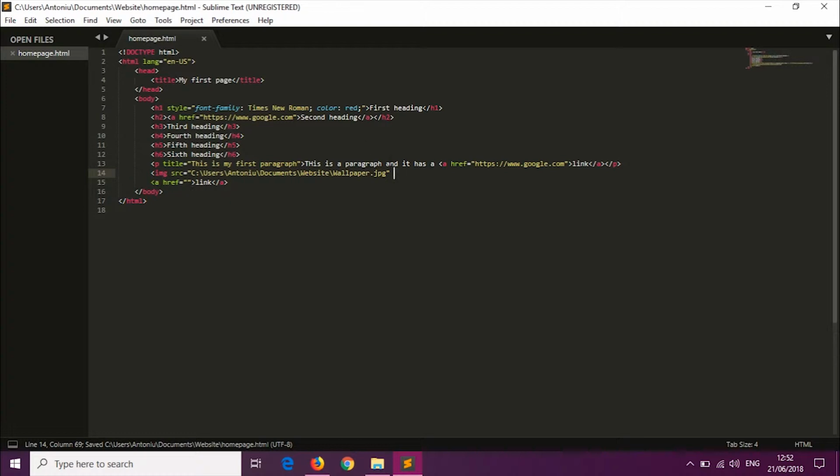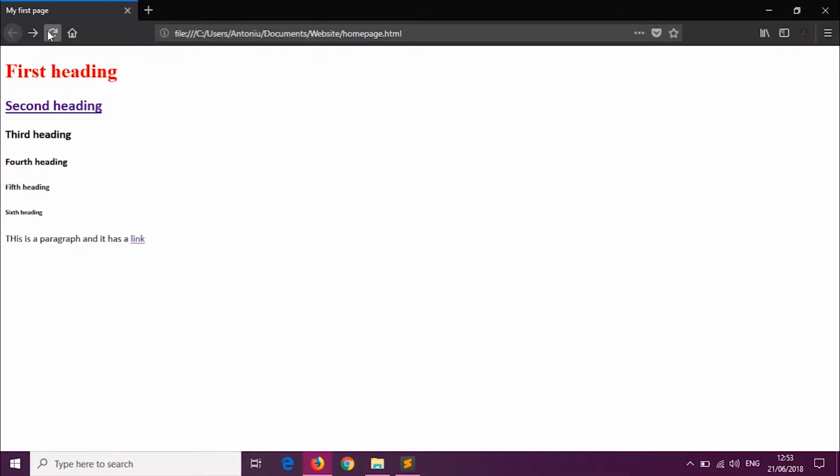Now this one doesn't close because I didn't close this image one, but let's just close that. So actually, oh yeah, the image tag doesn't need to be closed. The image tag is basically just like this because it doesn't have actually contents like links. So if I refresh, you can see the link right here,